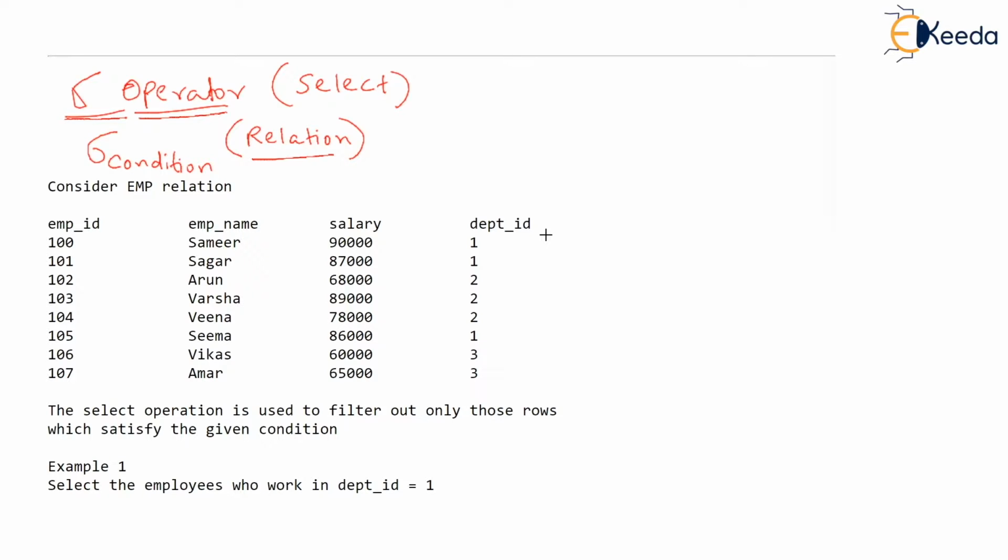So that selection of the rows is done on the basis of some condition written with this select operation. Many times, authors write something called a predicate instead of a condition. Whether you say predicate or condition, both mean the same. As you know, a condition evaluates either to true or false. Similarly, a predicate is also a statement which evaluates either to true or false. If our relation has n rows, then only those rows will be selected which satisfy the predicate or the condition.